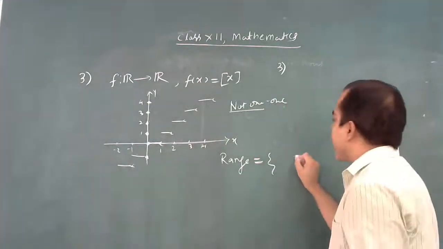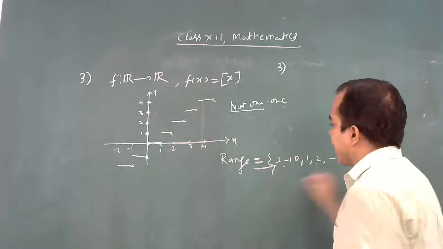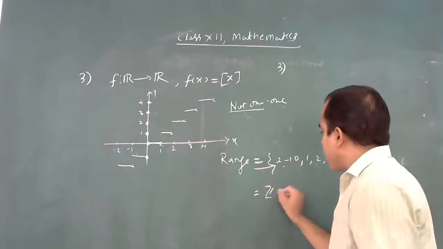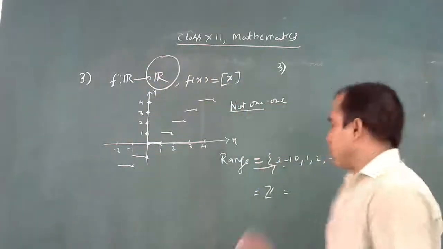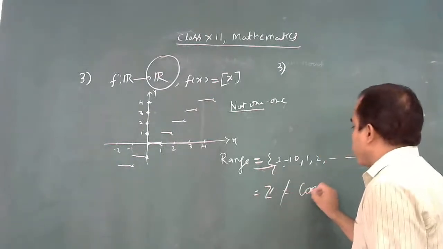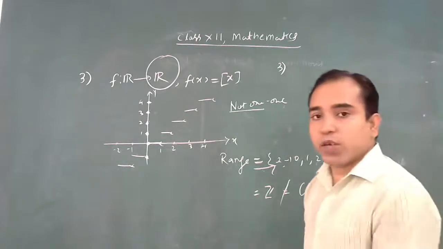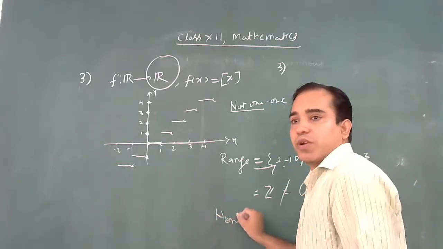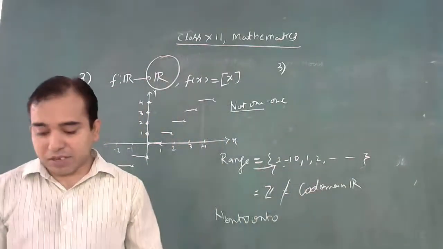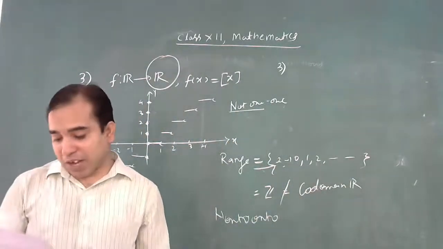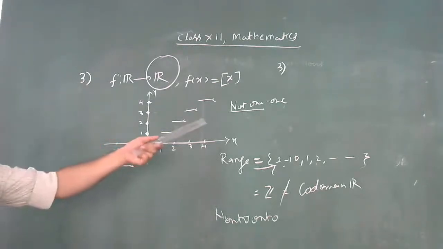तो इनको मैं लिखूंगा ऐसे सेट फॉर्म में, तो क्या लिखूंगा? 0, 1, 2, -1, -2, और ये क्या है? Z। सेम एज कोडोमेन। क्या है कोडोमेन हमारा? नॉट इक्वल टू कोडोमेन। हाँ, और रेंज और कोडोमेन इक्वल नहीं होते तो क्या होता है? नॉट इक्वल। बिल्कुल। बहुत सारे लोगों ने रेंज बताया। आई एम वेरी हैप्पी दैट इसका मतलब है कि आपको बात समझ में आ रही है। वेरी वेरी नाइस, वेरी गुड। नाउ सो आंसर इज रेडी। नॉट 1-1, नॉट ऑनटू।